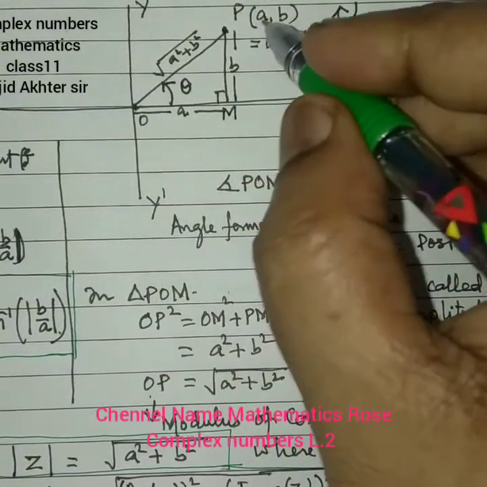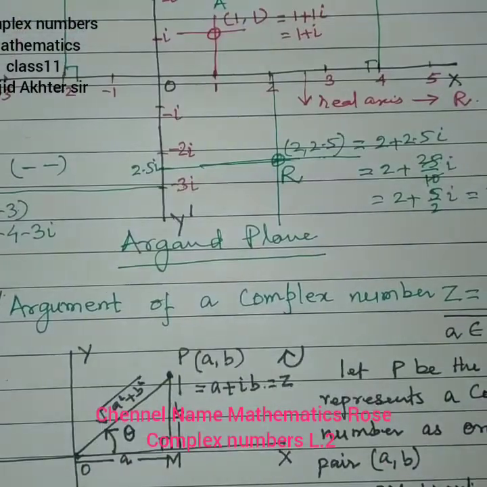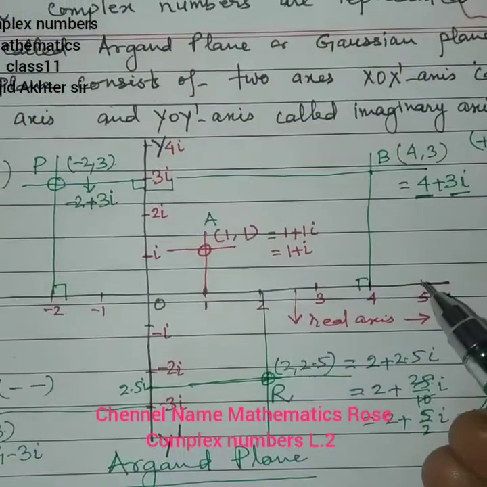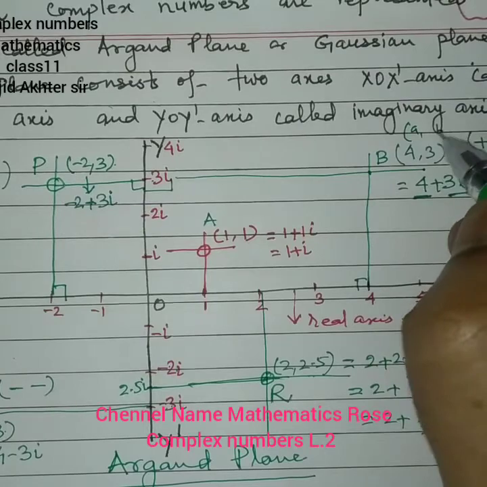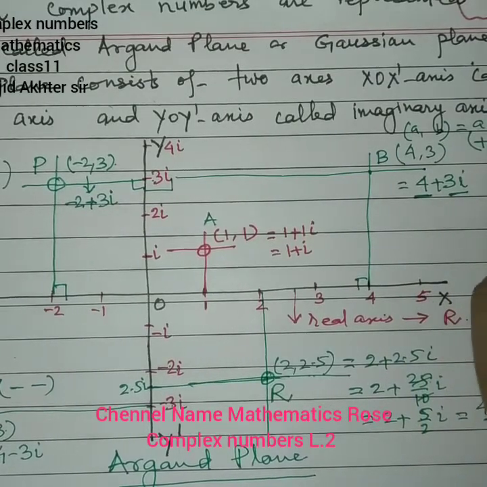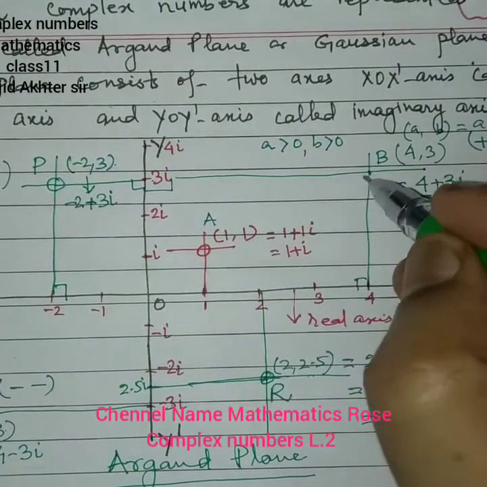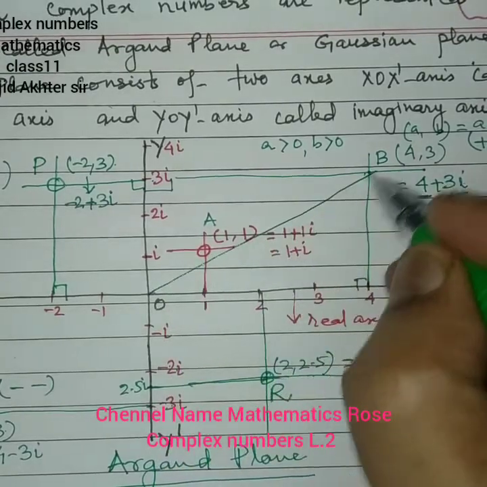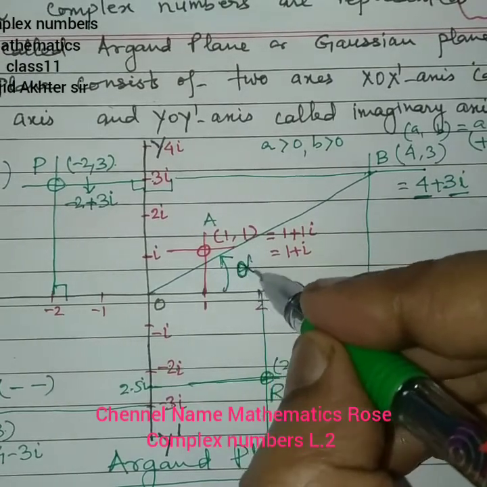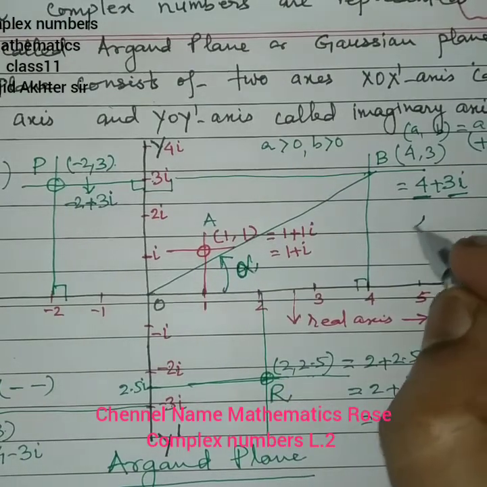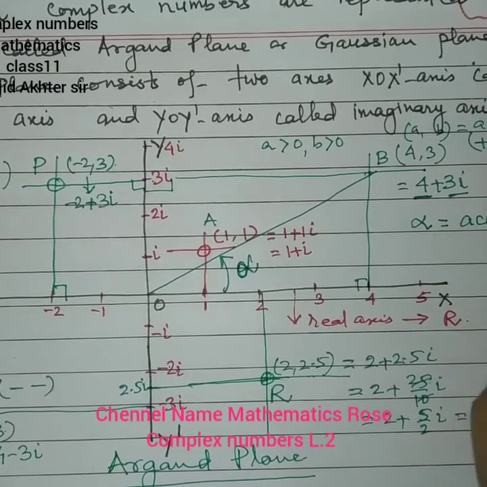तो इस तरह से हम लोग, तो यहाँ पे अगर कोई कॉम्प्लेक्स नंबर है, यानी फर्स्ट क्वाड्रेंट में कोई भी कॉम्प्लेक्स नंबर है, आप देख लें यहाँ पे कोई भी फर्स्ट क्वाड्रेंट में कॉम्प्लेक्स नंबर है, तो इसका जैसे मान लेते हैं इसको ए बी ले लेते हैं, तो ये कॉम्प्लेक्स नंबर किस फॉर्म का है? ए प्लस आई बी फॉर्म का है. तो यहाँ पे आपका ए इज ग्रेटर देन 0 एंड बी इज आल्सो ग्रेटर देन 0, है ना. तो अगर हम लोग इसको ज्वाइन कर दें इससे, तो यहाँ से जो एंगल बनेगा वो सपोज कीजिए अल्फा है, तो ये अल्फा एक्यूट एंगल होगा. ठीक है, एक्यूट एंगल होगा,